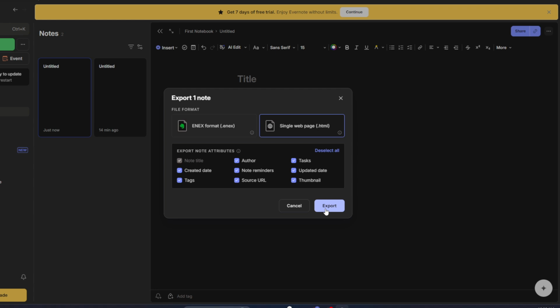When you choose Export as Web HTML, your device will typically open a save dialog, asking where you'd like to store the exported file. Pick a folder that you can easily find later, such as your desktop or a dedicated documents folder. You can also give the file a clear name that helps you recognize it at a glance. After you confirm the location and